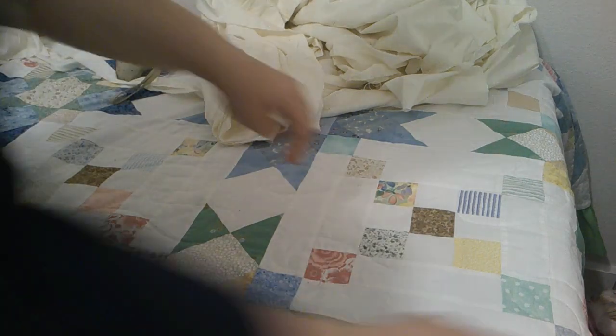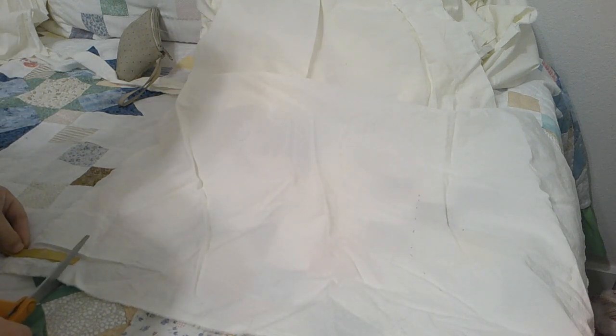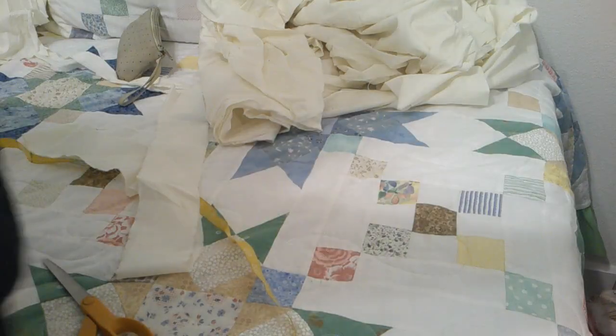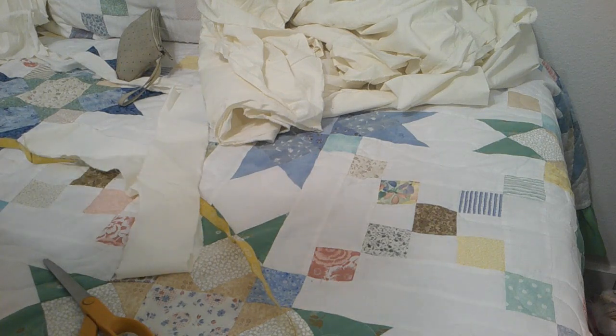Let's see, waistband. I feel like this should be pretty long. I want a 1-inch waistband. That's 1 inch on the front, 1 inch on the back, and half an inch on either side for turnover, so that's about 3 inches. I'm sure it's wide enough. I have a waistband now. So the first step is going to be to sew the panels together. This shouldn't take very long. I think most of our time today is going to be making the actual